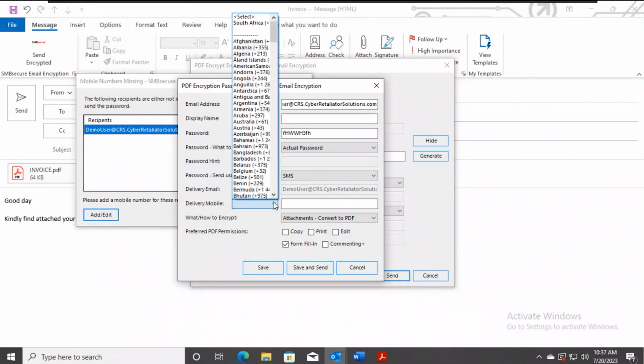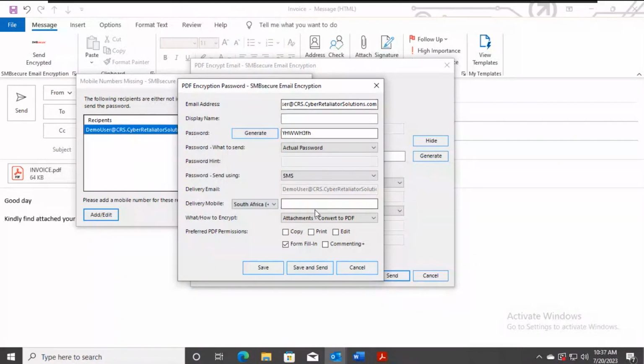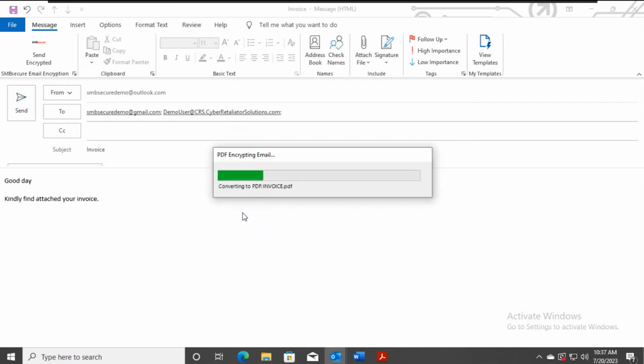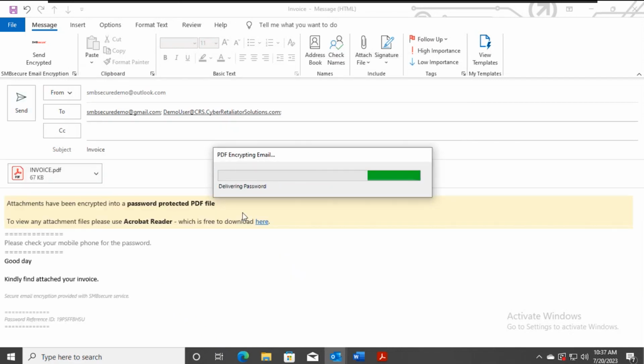Let's add in the country code, South Africa. And we've catered for all the different forms of the way people will type a mobile number, normally or without the zero, etc. And just save that. Once it's added, so you'll get prompted for the ones that don't have it, you'll just hit send. And so all the mail recipients on this mail thread will receive an SMS with the password to access this